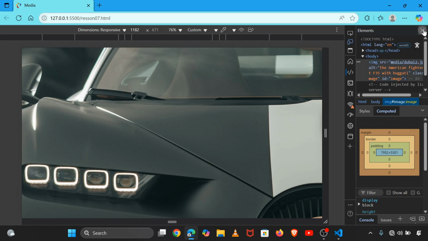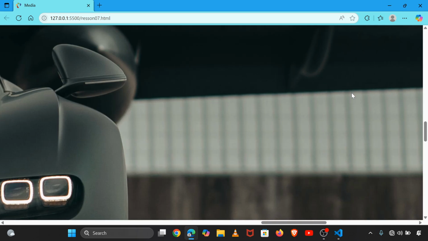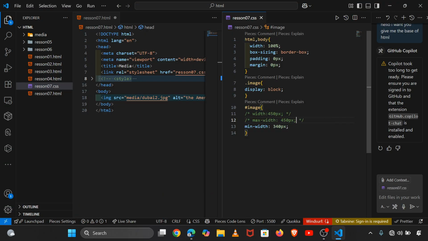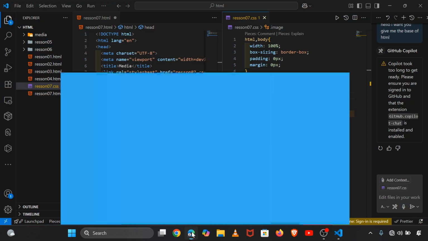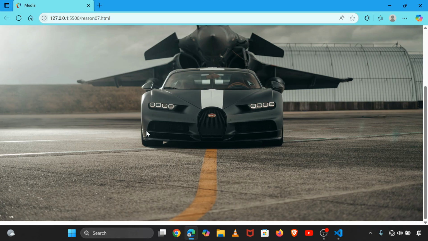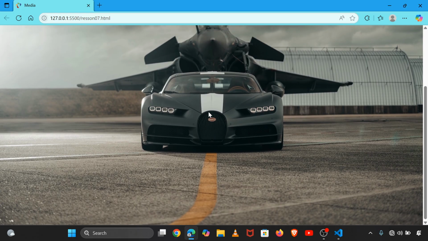So to control the same thing inside every container that we will be studying, you just come here to the display block again, Control S to save on the image, and then say width must be 100%, Control S to save. And now here you can see the image is still fully